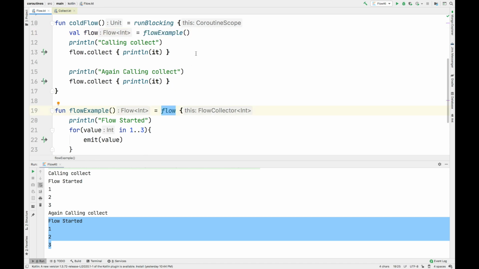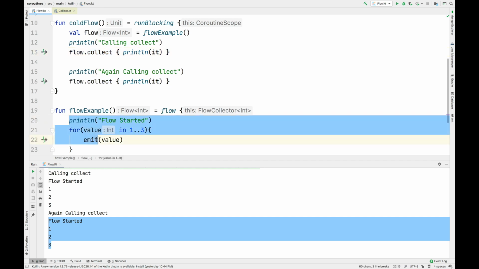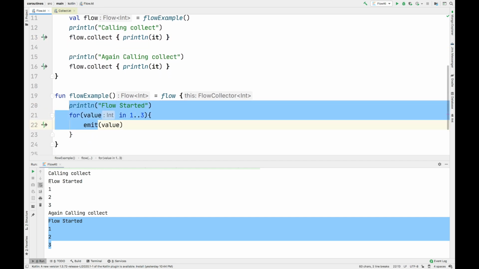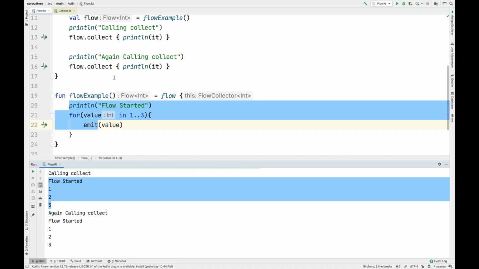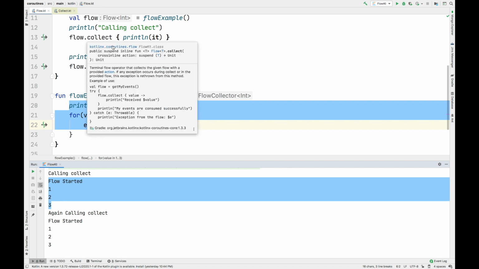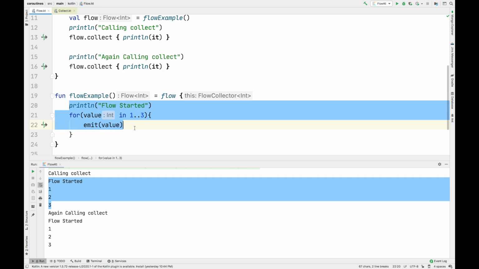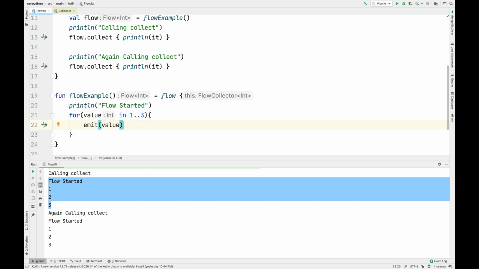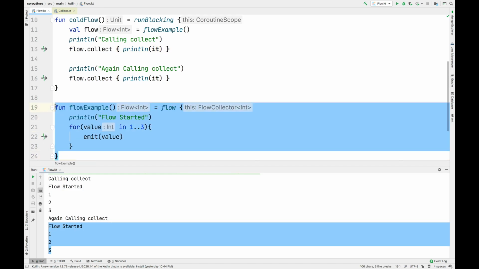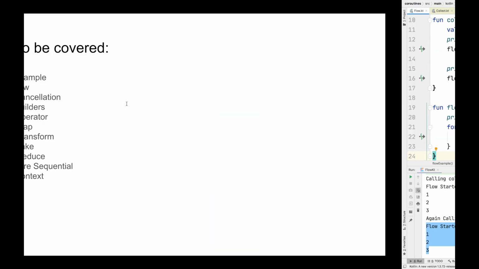So in case of flow, whenever you call this method, it returns you immediately. It does not wait for anything. And as soon as you call collect on it, only then this function gets invoked. So if you notice, we got this output only after collect is called, right? That means we can say that flows are cold. It does not get invoked until we call a terminal operator on it. So that is the reason we don't need to add any suspend function whenever we are working with flows, because flow itself returns immediately.